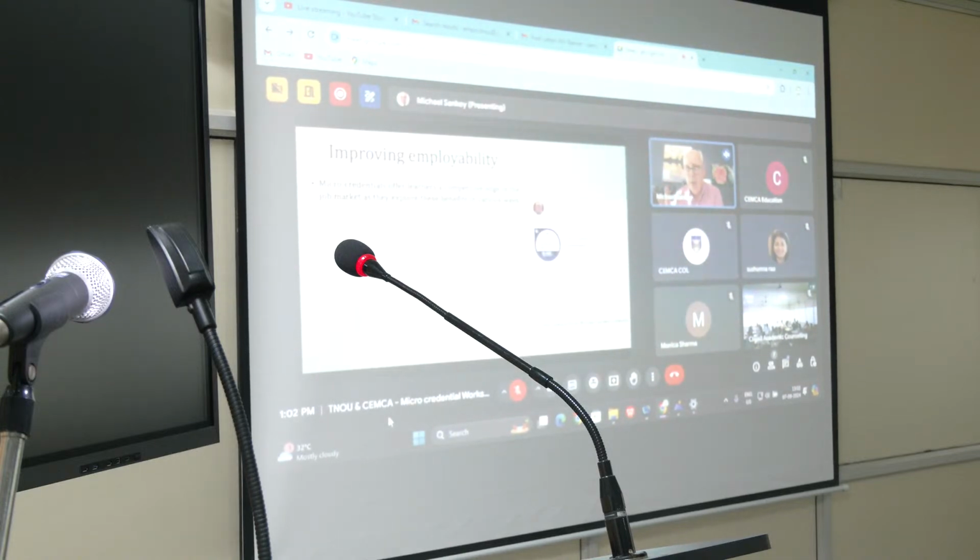Because micro-credentials are usually badged, you can select which badges you want to show in various places. You don't have to show the whole lot. You normally have what we call a backpack, and that backpack holds all our digital credentials, and we can choose to show those credentials where we want to. And that can give learners, it can give employees a competitive edge when they're looking in the job market.